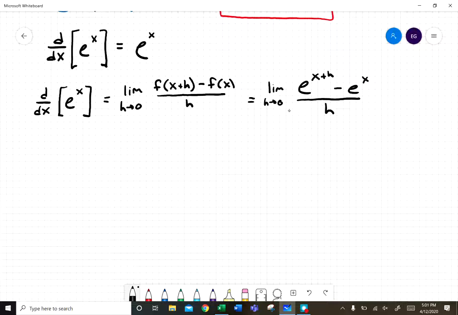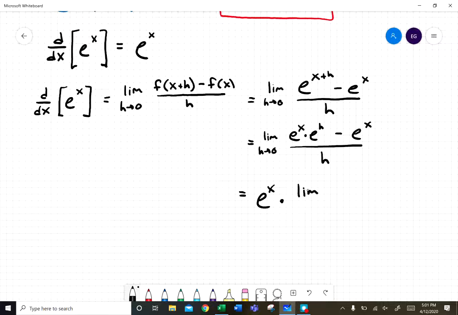So we could rewrite this as the limit as h approaches 0 of e to the x times e to the h, so that's e to the x plus h, minus e to the x, all over h. When we factor out this e to the x, we could factor it all the way outside of the limit because it doesn't contain the variable h. Okay, so we have e to the x times the limit as h approaches 0 of e to the h